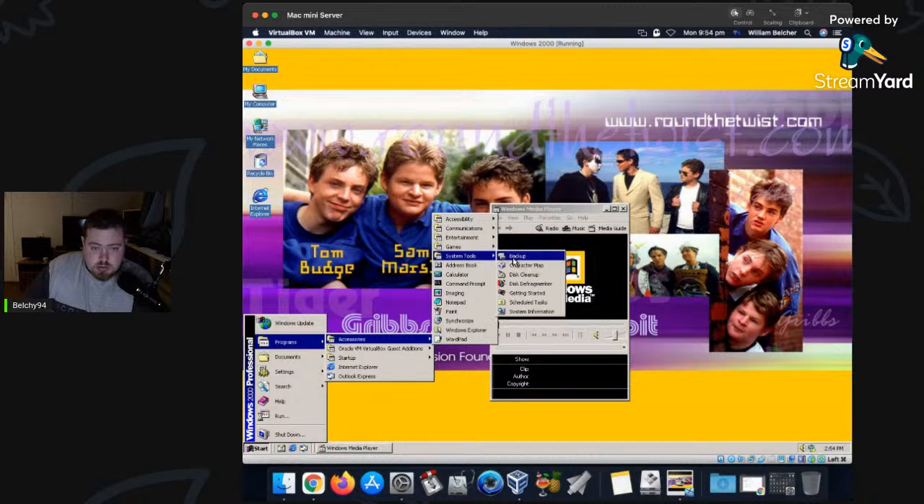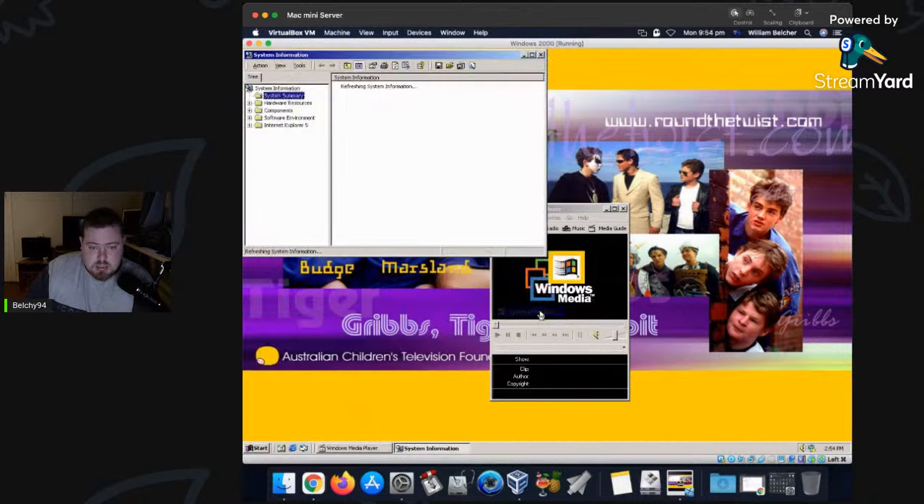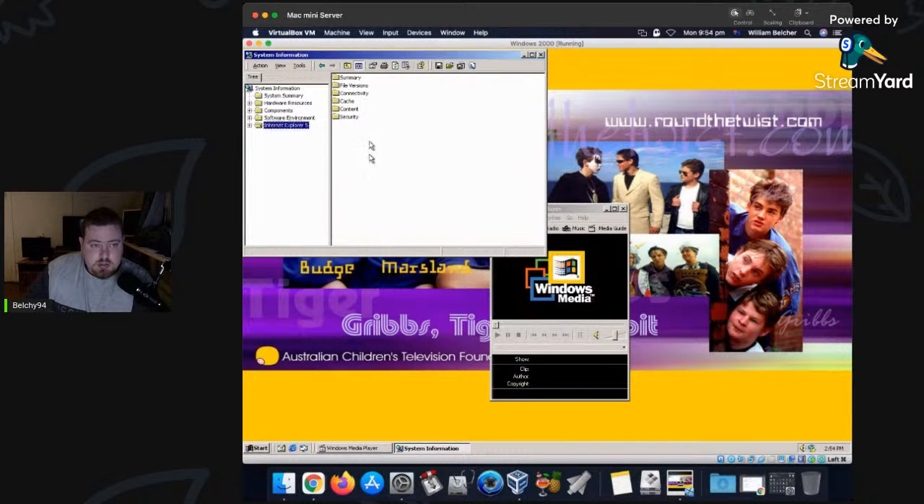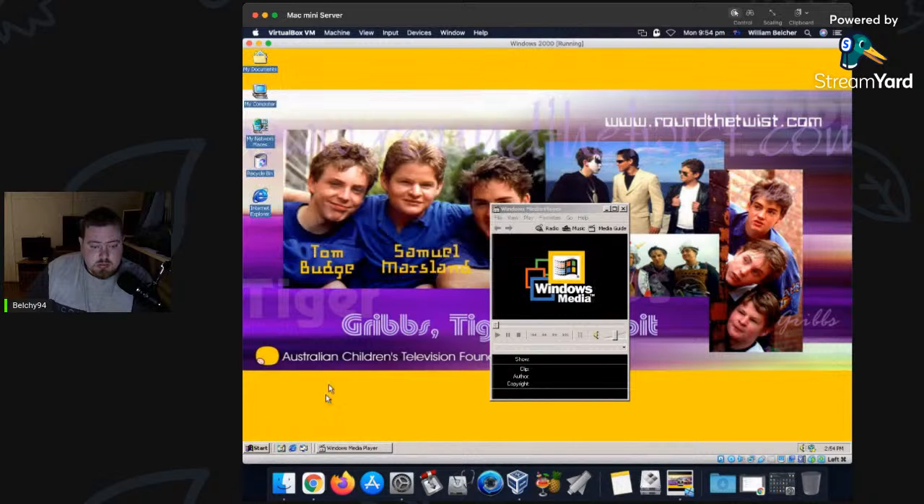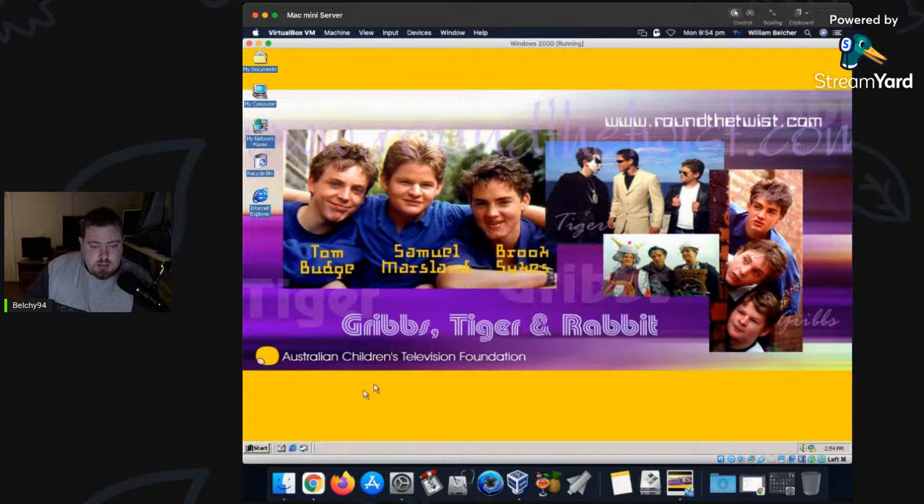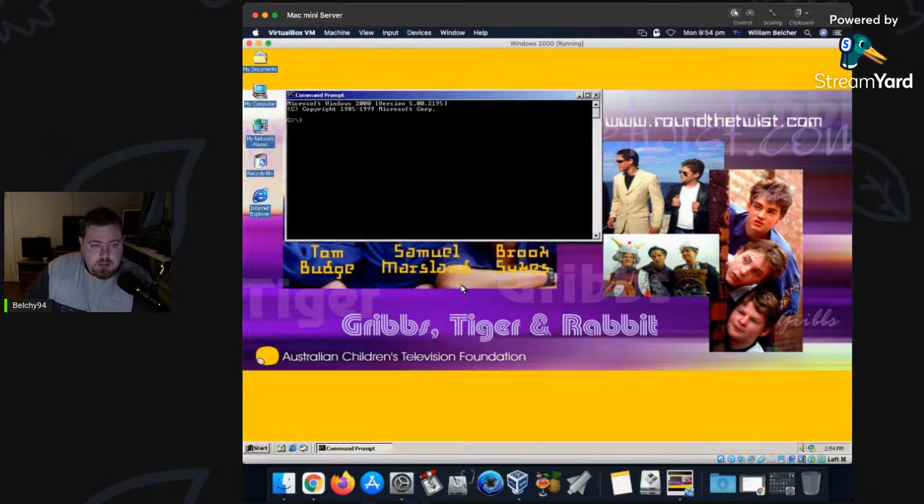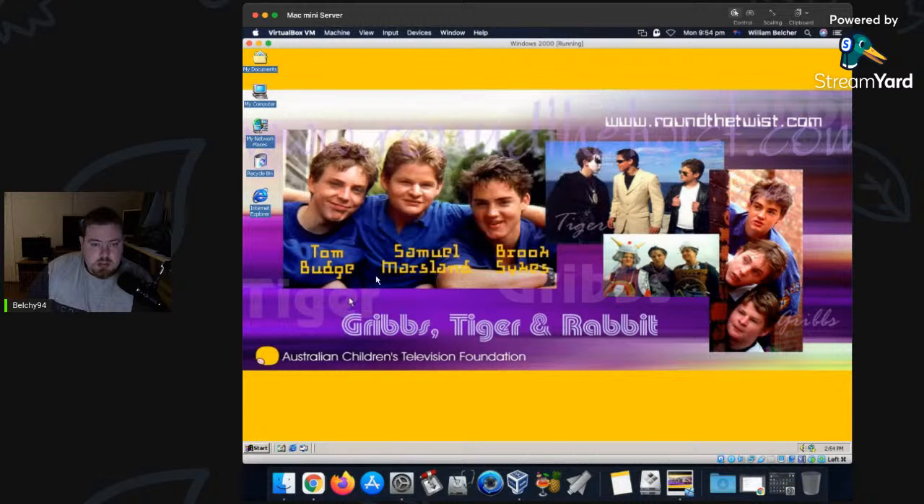System tools. So you got disk cleanup, backup, system information. So this will bring up all your details. So it's build 2195, security, software environment, and so on. We'll close that. Command prompt. So it says the version is 5.0. So if we go run,